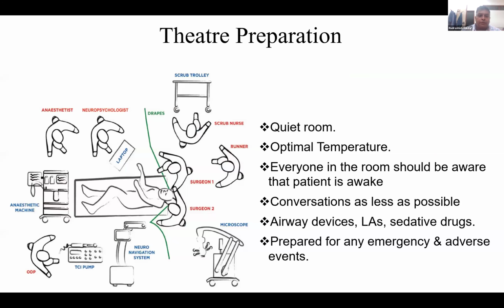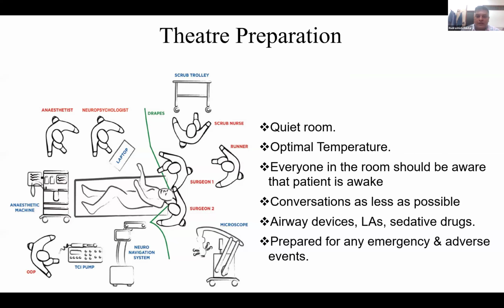Now, this is how the theater preparation is. The patient is in the center of the OT, the anesthesiologist and the neuropsychologist are at the foot end, and the surgeon is at the head end, as is the general layout of a neurosurgical OT. In addition to that,